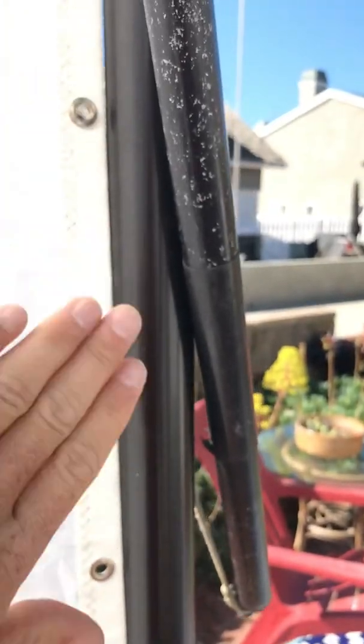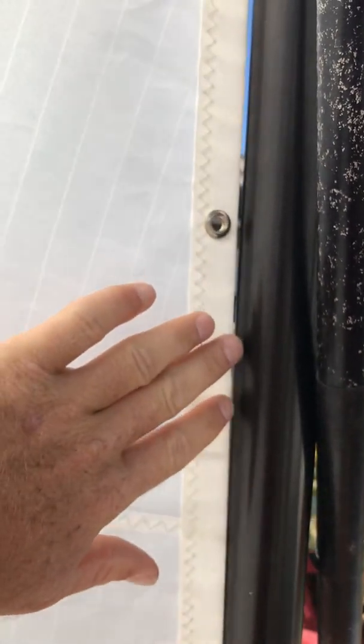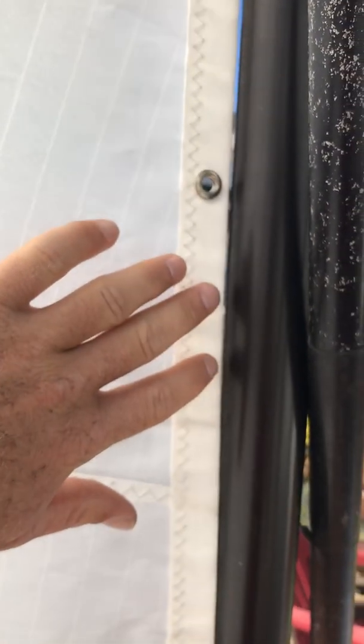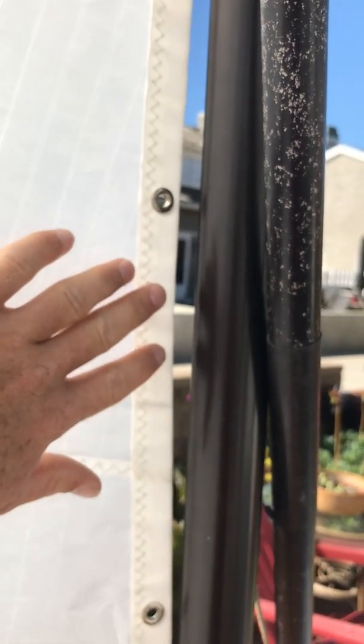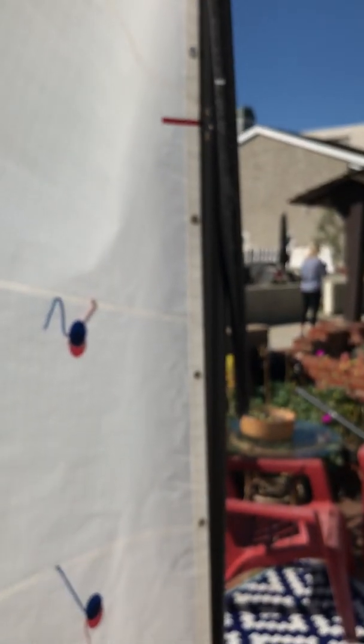So for the tension here, you can see the sail's resting comfortably with all the slack pulled out. It's not super tight, not super loose. If I push it away, it goes away easy enough. I'm barely putting a tiny bit of stretch into it when I push it away, and it just kind of gently springs back into place. Anything, we're almost on the tighter side. So when I